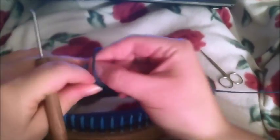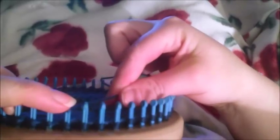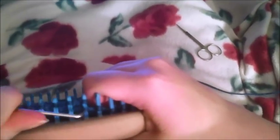And now what you want to do is you want to E-wrap over. Alright, so now what you want to do is put that on the next peg that's supposed to be worked. So we have 1, 2, 3, 4, 5, 6, 7, 8. Alright, and the next peg that's supposed to be worked is that. So what you want to do is E-wrap over 8. Alright, so you're 1, 2, 3, 4, 5, 6, 7,